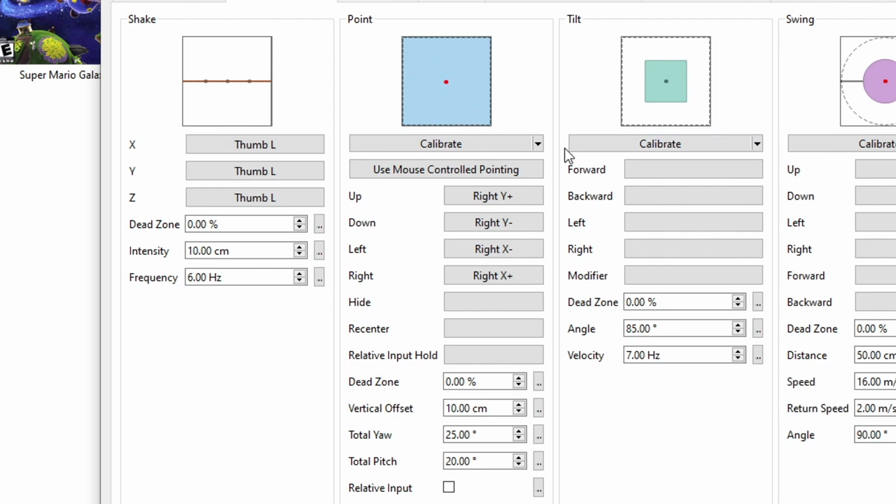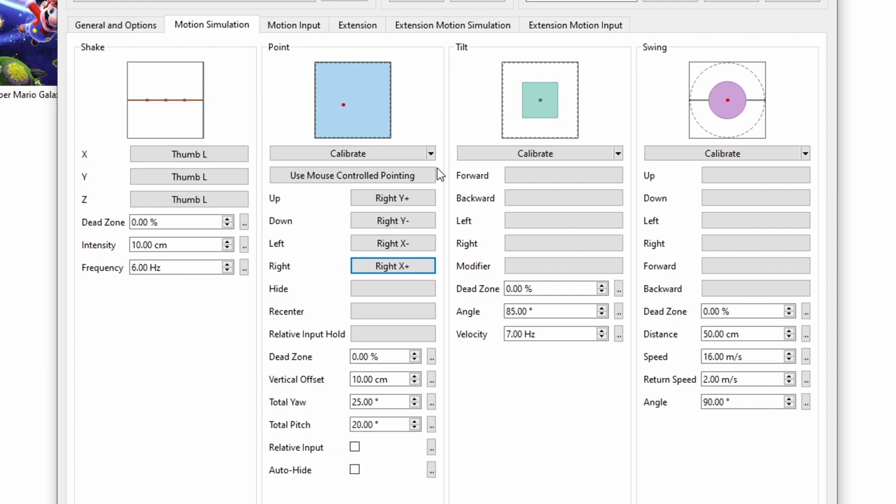And also, you have the option to use your mouse for the point controls. If you just click on this one, now my mouse is taking control of that. And this is just for the point controls. You don't have to change it here. You're gonna use your controller for everything else, but the point control is gonna be left to your mouse. But if you try this and don't like it, you just have to remap the controls again back here to your left stick, and they're gonna be as before. Now, since you know how to configure this, you just have to do the same thing for the tilt and swing controls if the game you're playing requires that, and if you want to do it too.